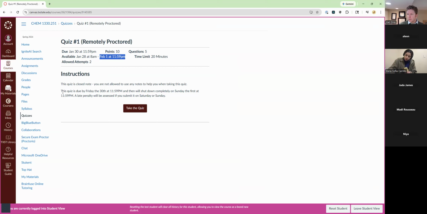Now, I mentioned on the syllabus the late penalty was 25%, but Canvas does the grading in a unique way. The deduction is automated. I can't say, give people 2 days to turn this in, and if they turn it in within those 2 days, dock 25%. Instead, it has to be incremental. So if you turn it in on Saturday, January 31st at 1 a.m., you will be docked 12.5%.